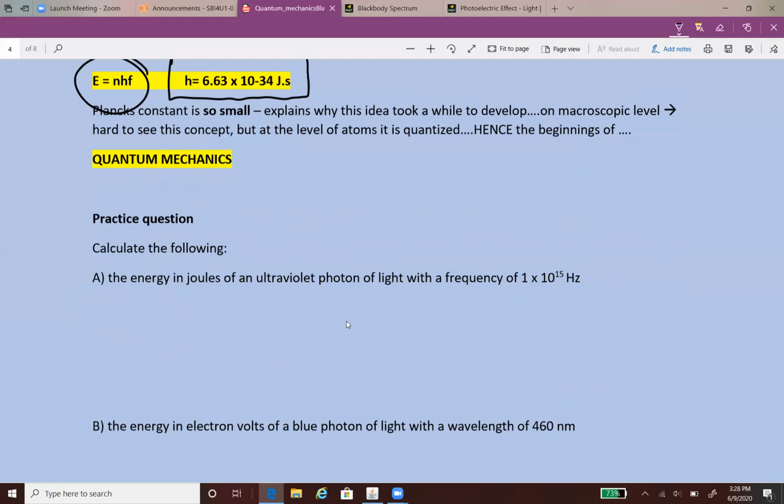For example, we could look at an ultraviolet photon, and we can figure out how much energy it has using this equation. Imagine we're dealing with one photon, so we're going to say n is just 1. How much energy would be in a photon of light that has a frequency of 1 times 10 to the 15 hertz? So the equation predicts that the amount of energy from a UV photon that has a frequency of 1 times 10 to the 15 would be Planck's constant